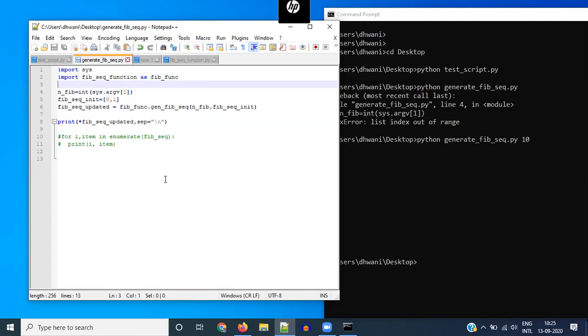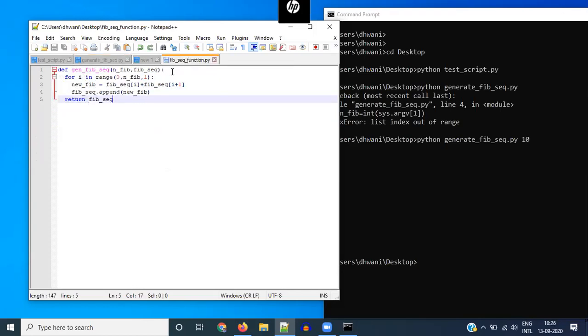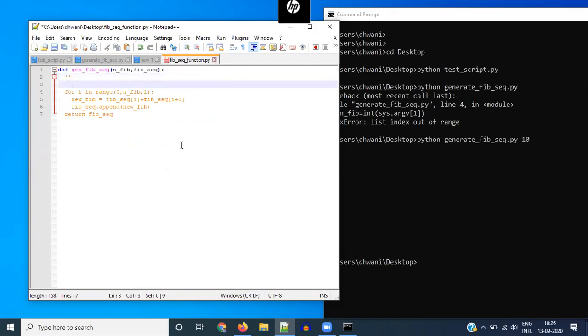And another practice is to generally add some kind of single line comments in places in your document. For example, we have this genfib_seq function, and whenever you write a function, the convention is to just add a couple of lines of comment before you even start writing anything within the function, where the comment gives a description of what the function is for.